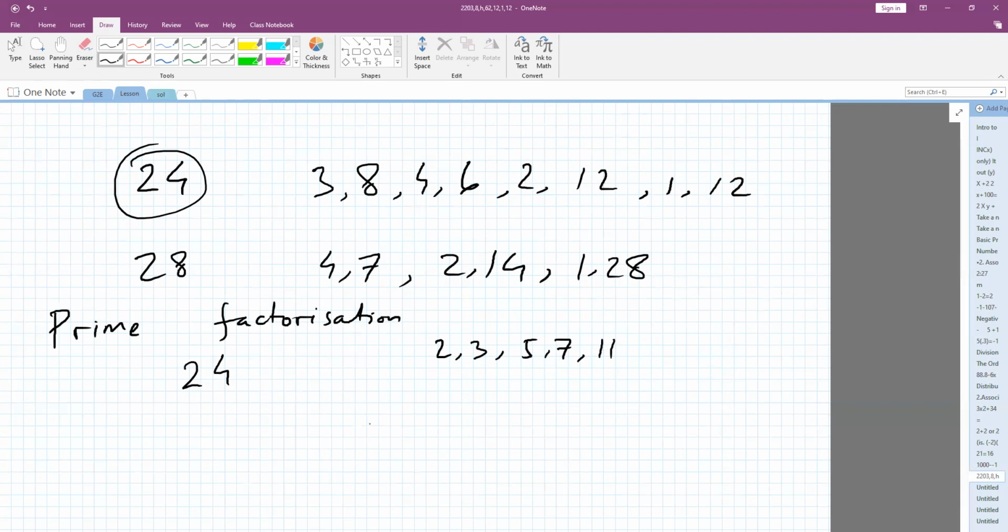Now when you want to do prime factorization, we try to divide this number 24 by some prime numbers,